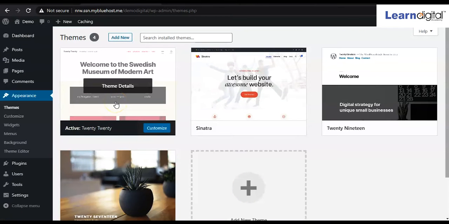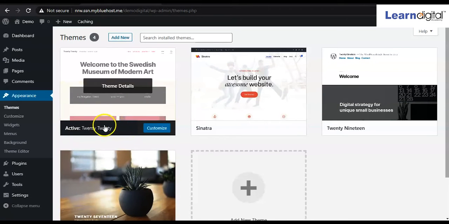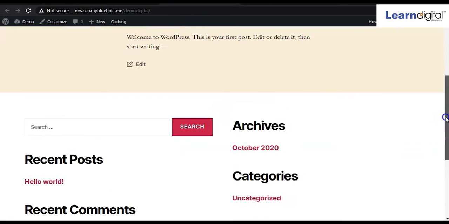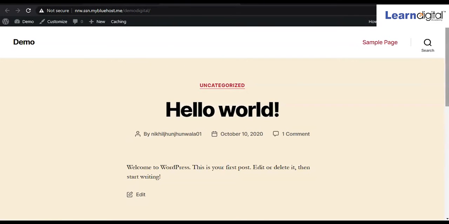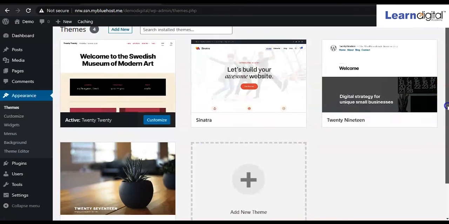Here you can see four themes that have been installed by default at your backend part, but right now this 2020 theme is activated. And if you want to change the theme, you can change it by activating any one of the themes over here.